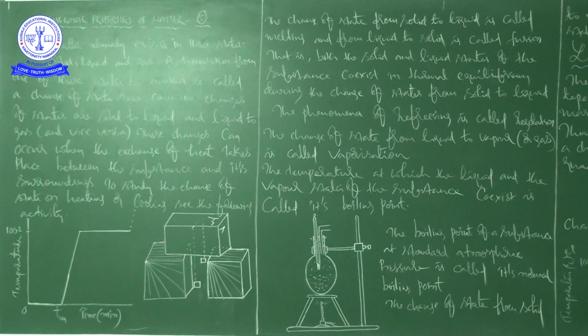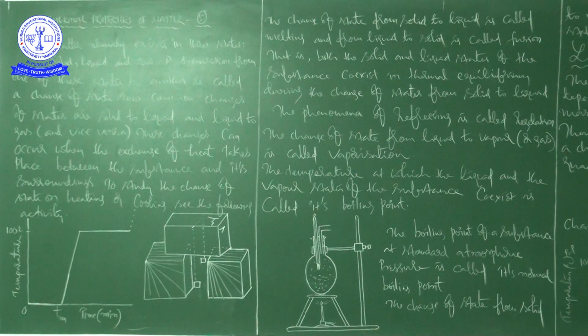See, first we kept a wire. The piece of ice which is under the wire first became water because of the pressure of the wire, right? After that, when you remove the wire, the same water will become ice again, right? That is why it is called refreezing. That phenomenon of refreezing is called regelation, right?